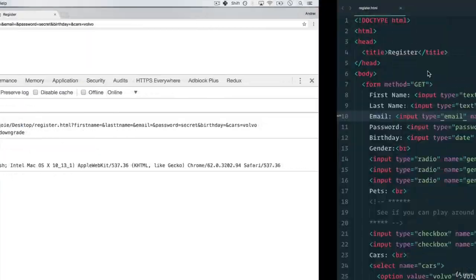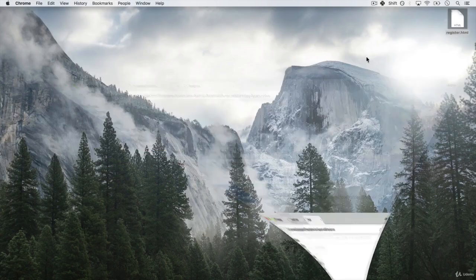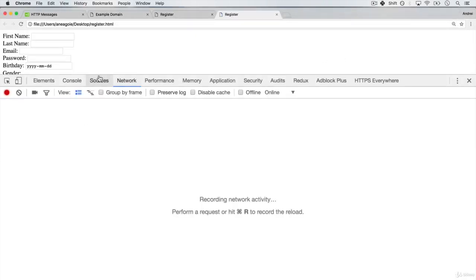The way we send information to the body is we use a post request. And this is something that you'll more often see than a GET request, is that we want to add some form data to the server. So we want to post something. If I change this over here, I'm going to save this. And let's open up a new tab with the new saved data. This one is a post form. If I open it up here and I type in password secret and I click on register,